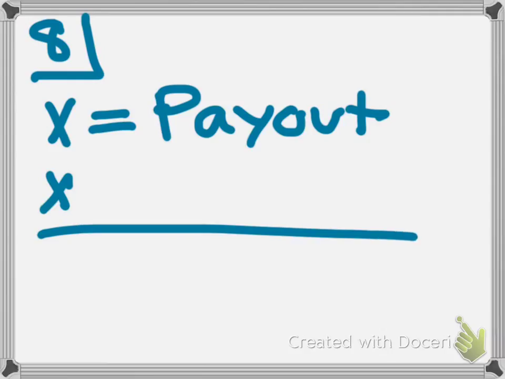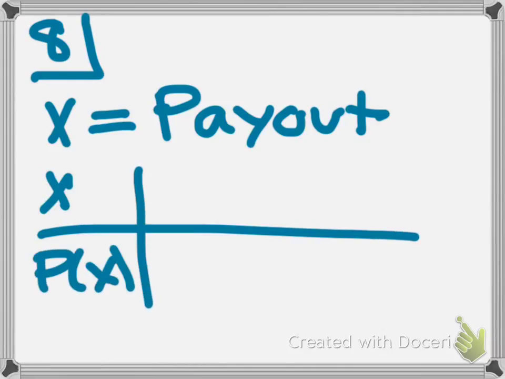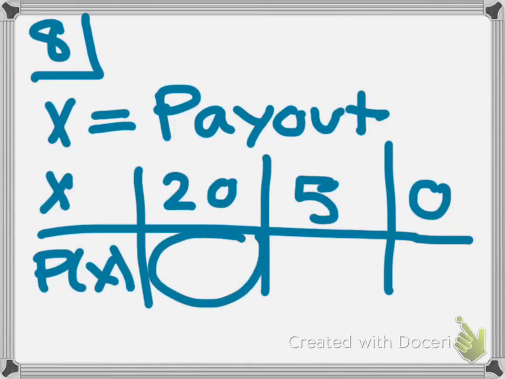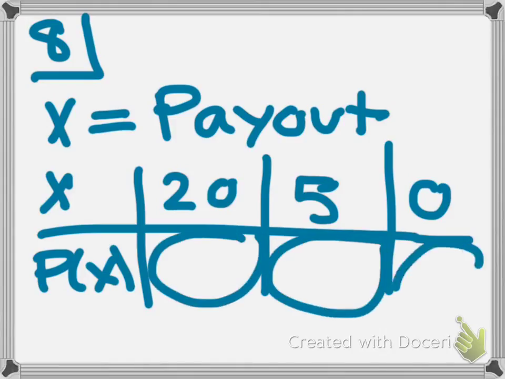So I make my probability distribution with all the different outcomes for the payout. The first payout is $20. The next payout is $5. And then the last payout would be $0. I had some people ask why it wouldn't be 17, 2, and -3, and that's because that would be the winnings. Now we have to figure out the probability of getting a 20, a 5, or a 0 for your